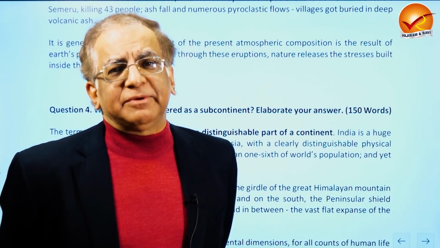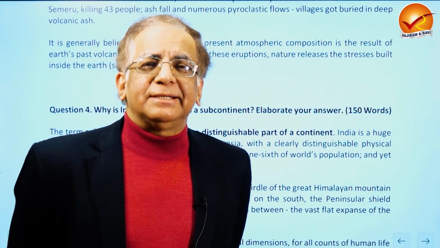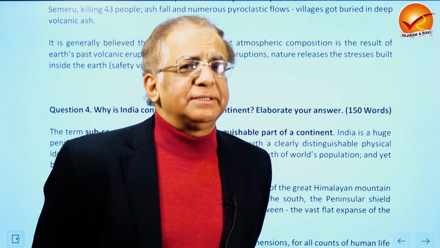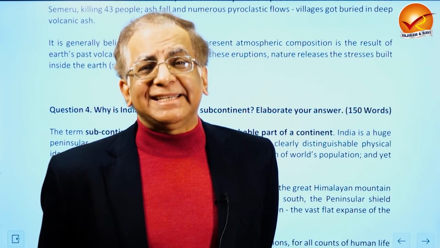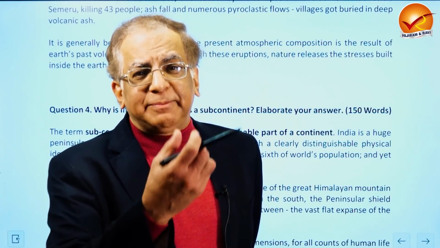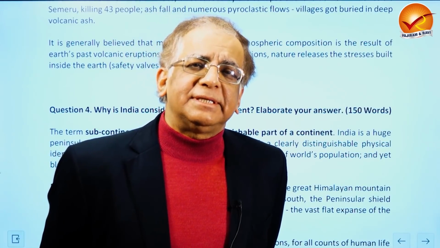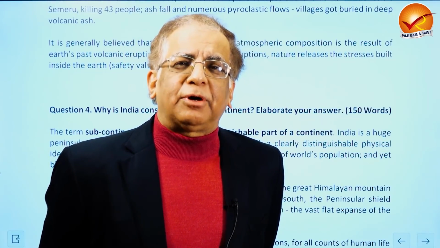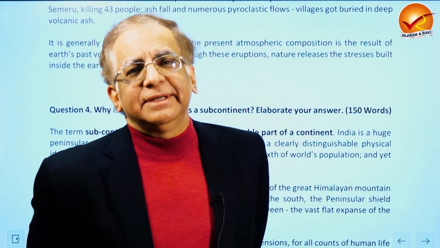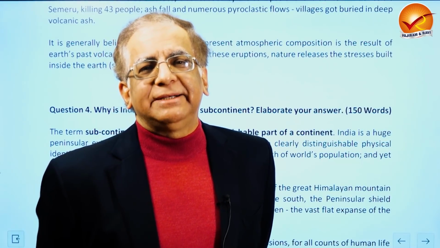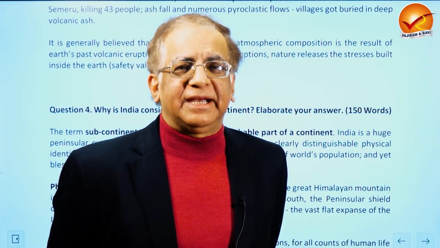So in the initial time of the earth's history, there were a lot of volcanic eruptions, and in the lavas which were erupted, we had volatiles being ejected out of that lava, and those gases, volatiles, were captured by the earth by gravity, and because of this, our atmospheric composition got modified over a period of time, and finally we came to have the atmosphere which made the earth the living planet the way today we have, with great biodiversity